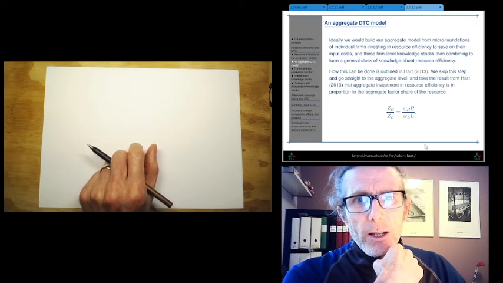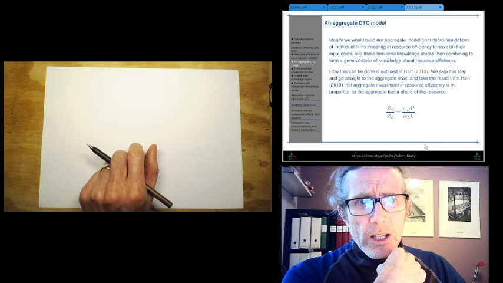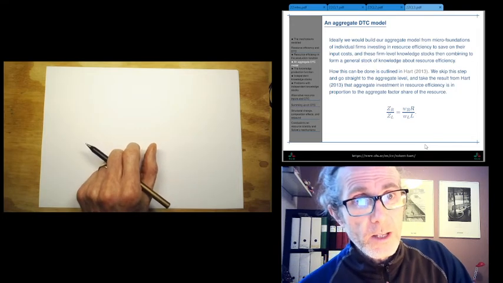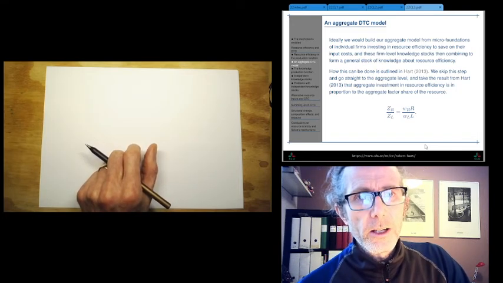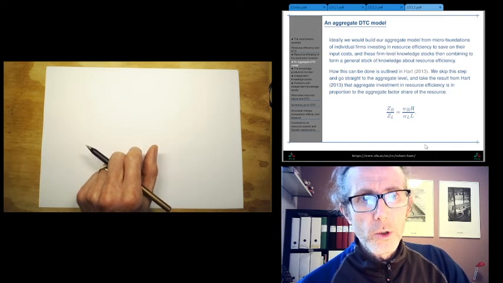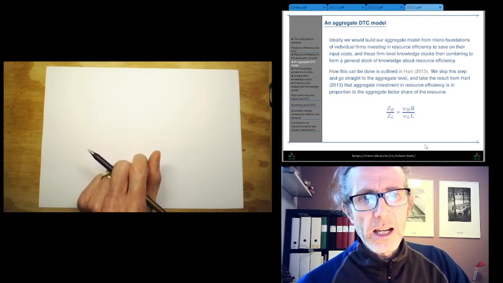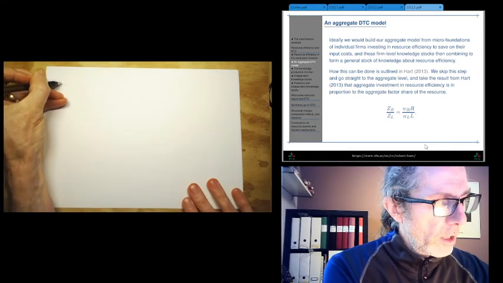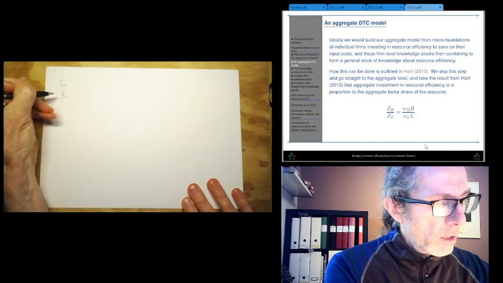But we skip this step and go straight to the aggregate level, and we take the key result from the 2013 paper that aggregate investment in any given input is in proportion to the factor share of that input. So in our model we've got two inputs, labor and the resource,